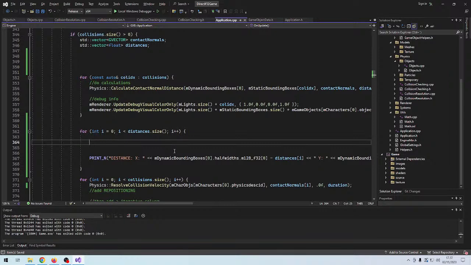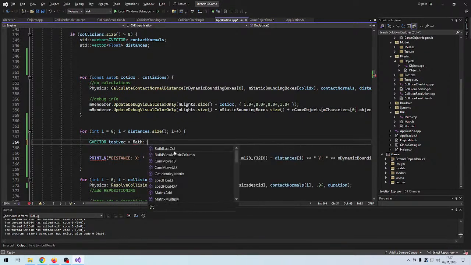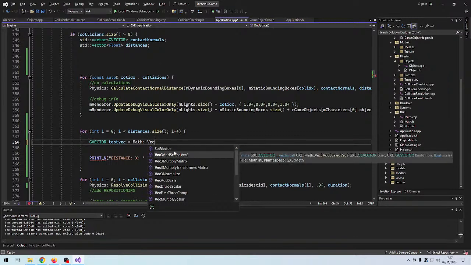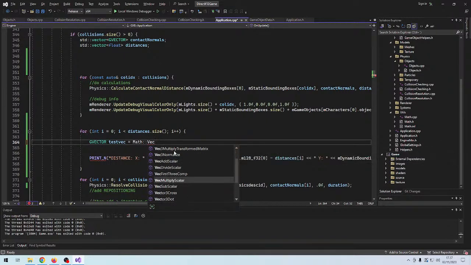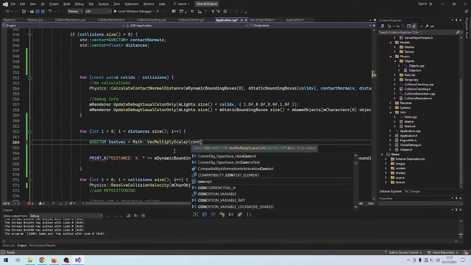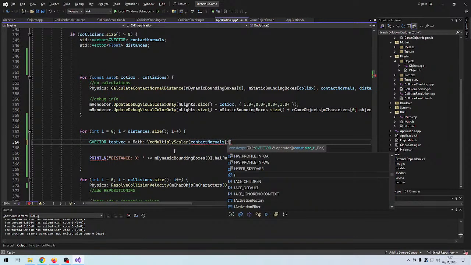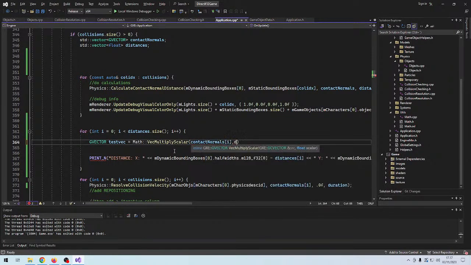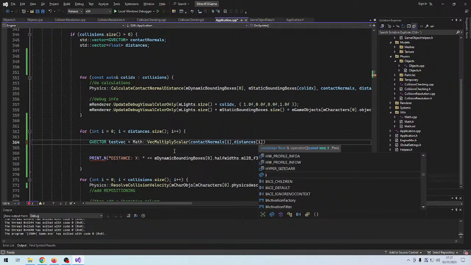And we can actually calculate a vector multiplied by scalar, and we take our contact normals and we take our distances i,